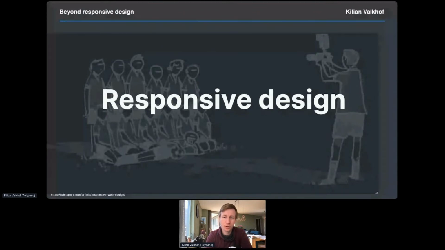Today we'll be talking about going beyond responsive design, about all the new and cool media features that we have available to us today. So before going beyond responsive design,